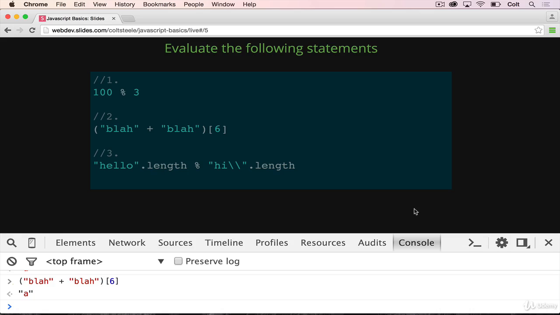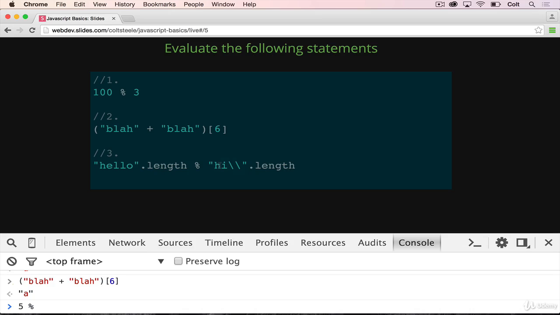So this one's a little bit trickier. It actually combines numbers and strings together in one expression here. So we start just on the left side, hello.length. So that's going to be 1, 2, 3, 4, 5. So we end up with 5, modulo. And then this one is even trickier because it looks like it's 4 characters, dot length on those 4